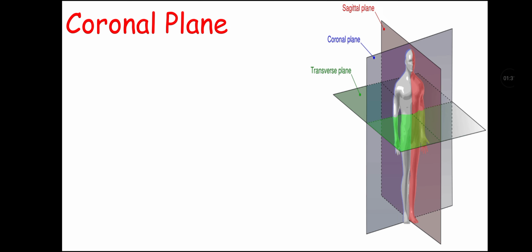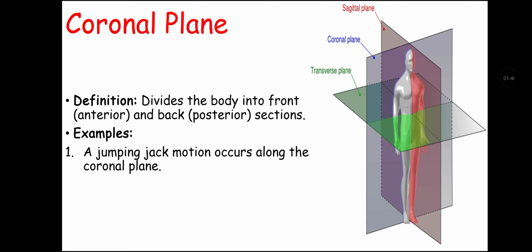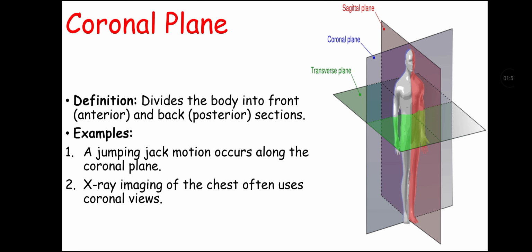Now let's talk about the coronal plane. Coronal plane can be defined as the plane that divides the body into front and back section is called as coronal plane, or the plane that divides the body into anterior and posterior section is called as coronal plane. Its examples include a jumping jack motion that occurs along the coronal plane, and X-ray imaging of chest often uses